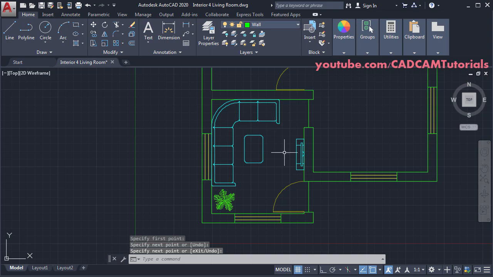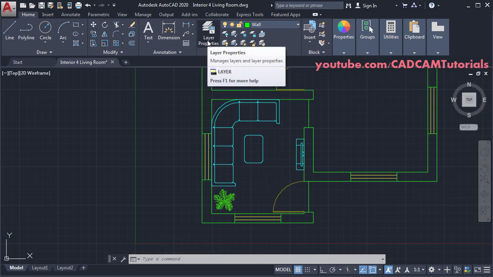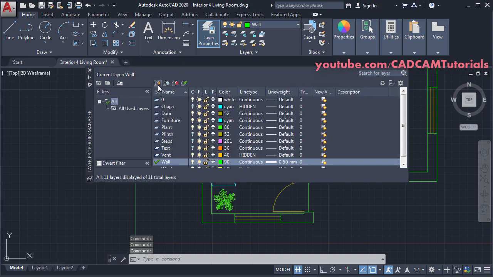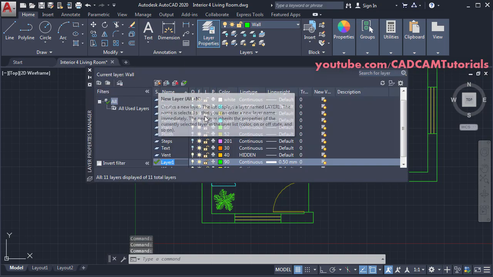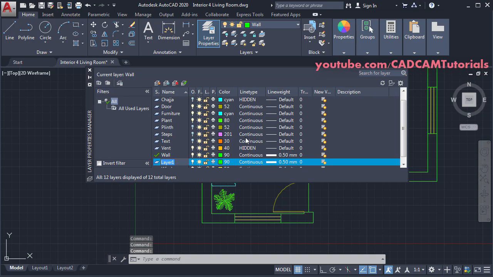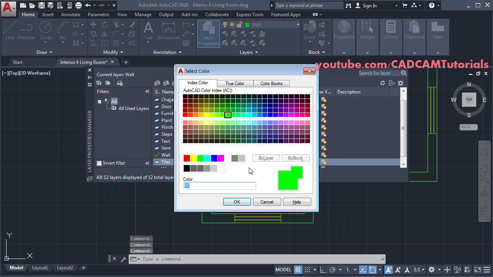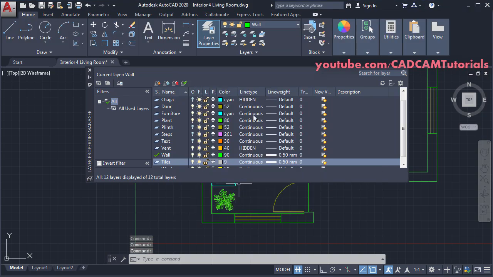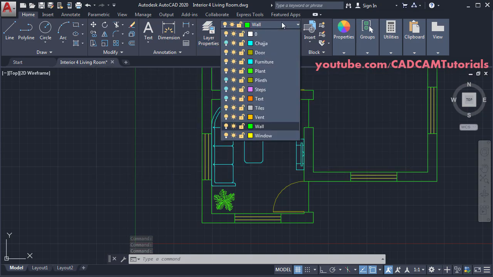Then for tiles we will create one more layer. Click on layer properties, click on new layer, name it as tiles, and click here and select this 9 number color. OK, then close this dialog box, make tiles layer current